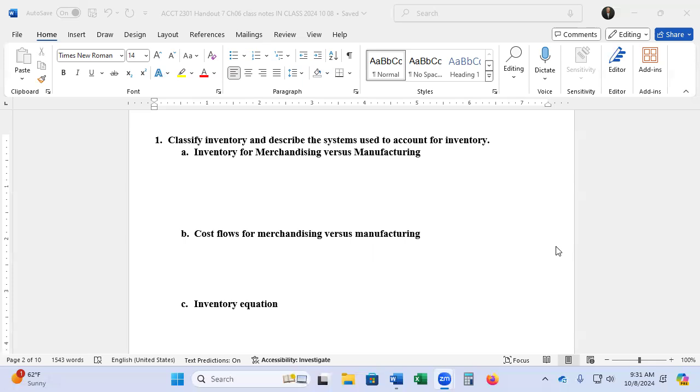So chapter 6 deals with inventory, but we've already talked a lot about inventory, and we talked about inventory merchandising versus manufacturing. So for a merchandising company,